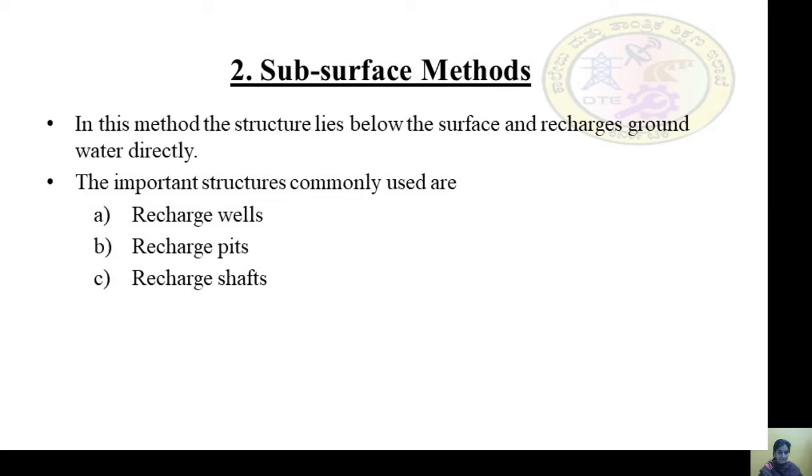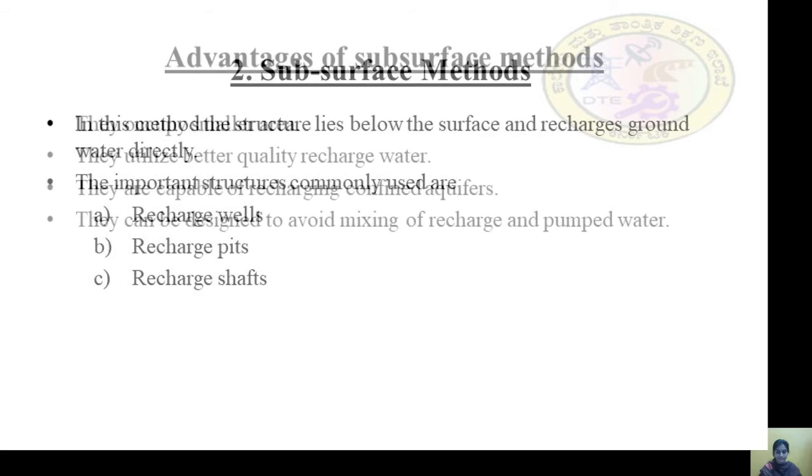The important structures commonly used are recharge wells, recharge pits and recharge shafts.